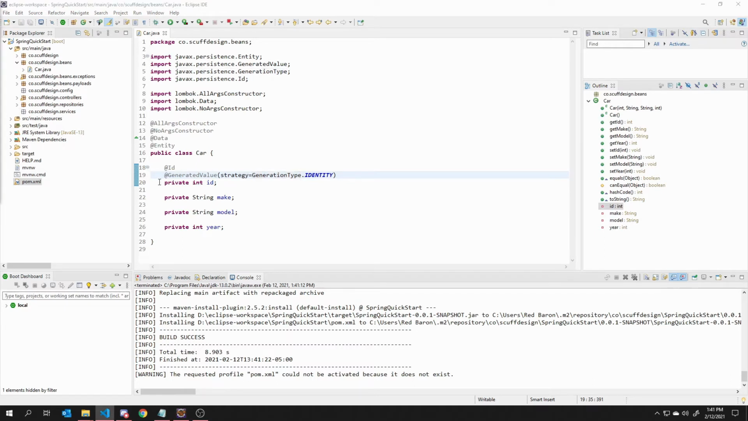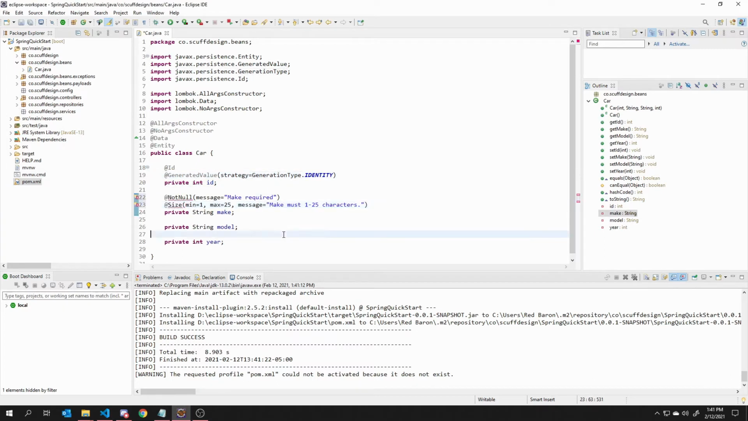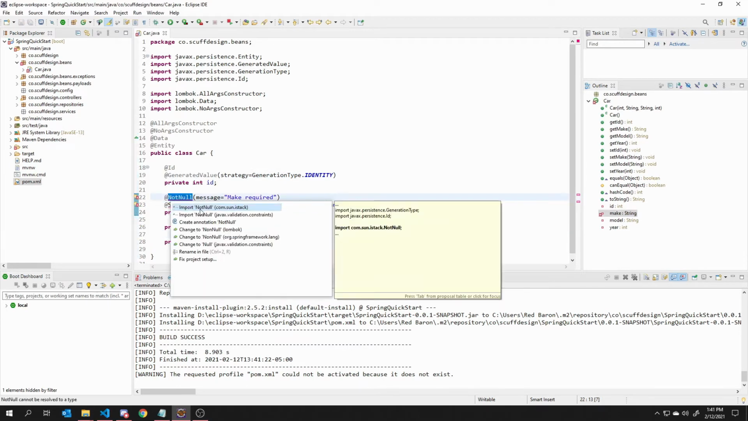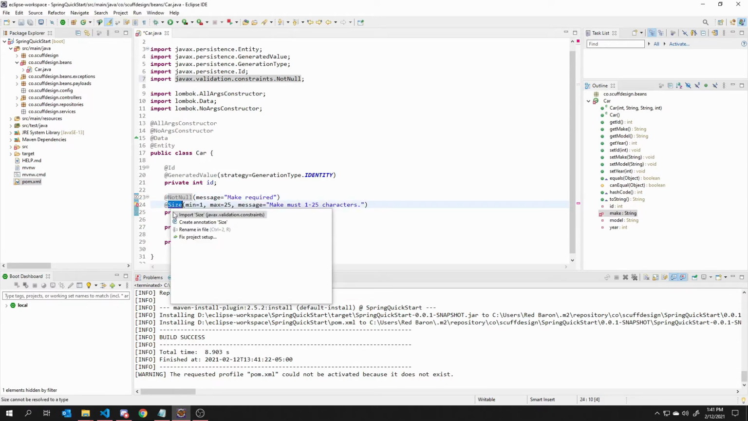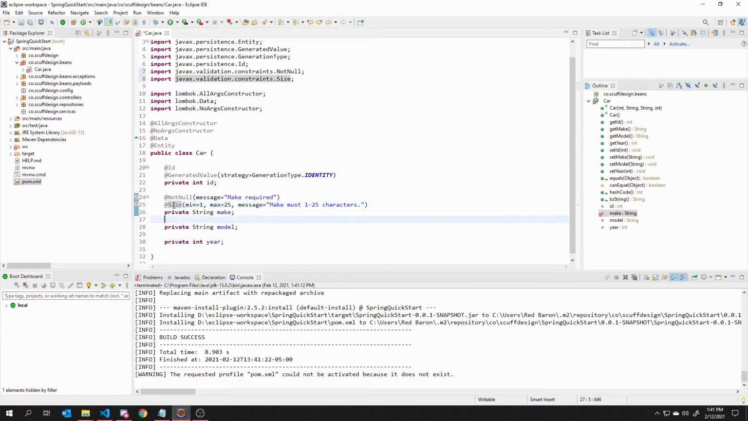So for the make field here, we're going to just add a NotNull and a Size annotation. Now import from javax.validation. What NotNull is basically going to do, if you know SQL, is define that column of the table as not null. So you can't provide an empty string or a null for the make